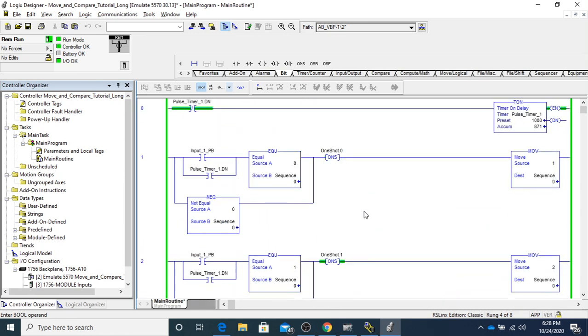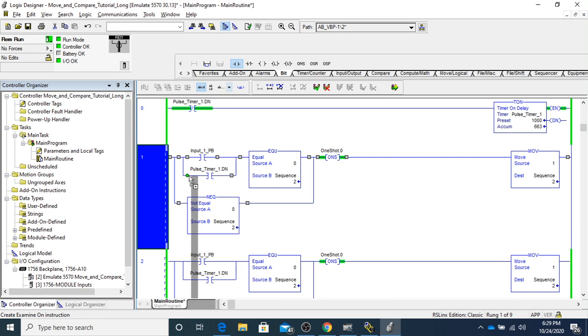Okay. So now let's also say this right here. If, let's just say we don't want to use this in automatic, we want to be able to turn it off and on automatic. So there's two ways of doing it. Well, there's more than two ways, but just right off the top of my head, there's two ways of interrupting this pulse timer one done. It's either by coming in here and putting,